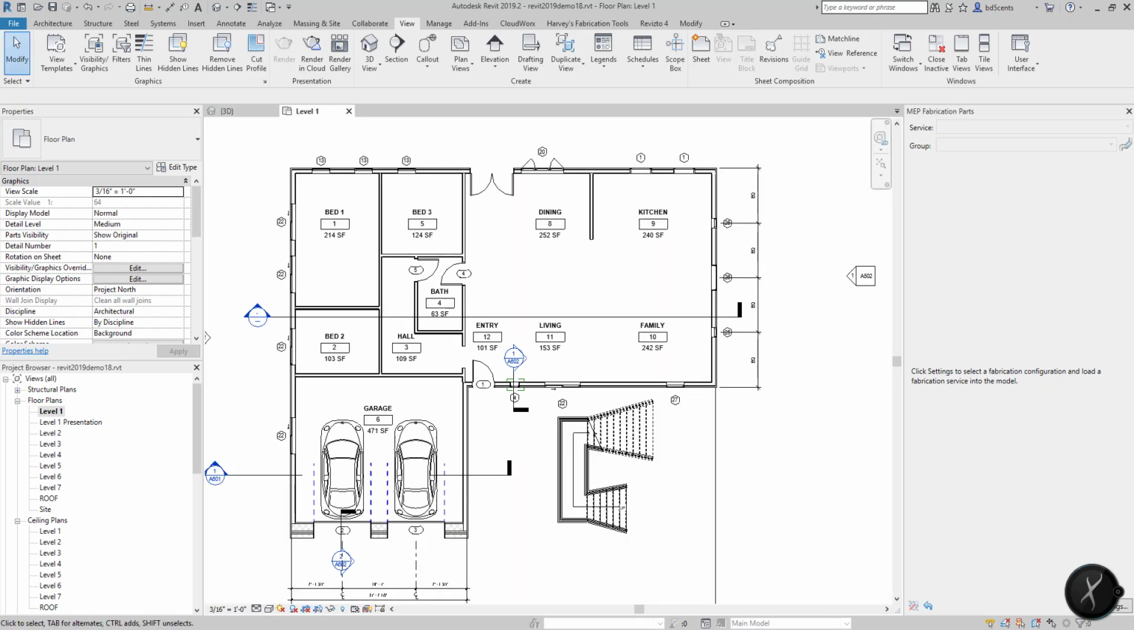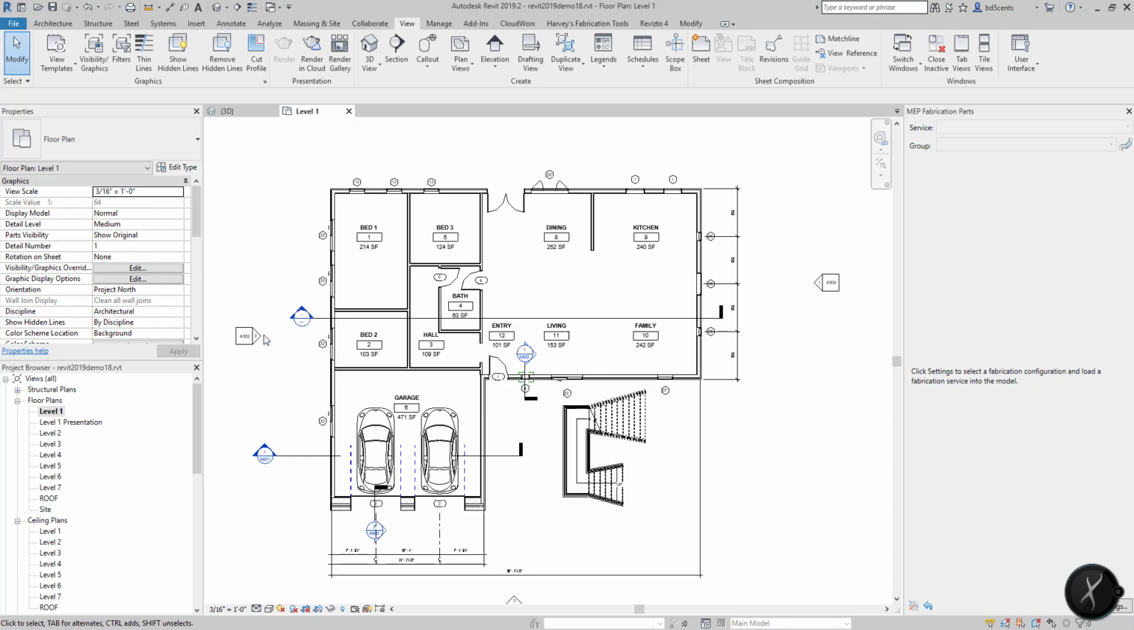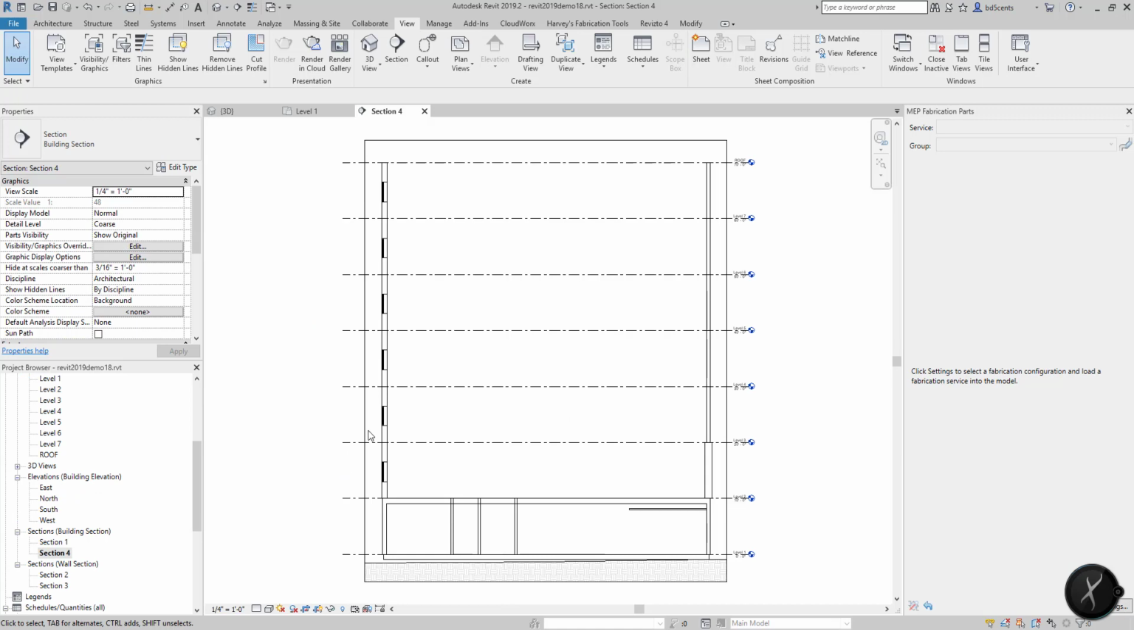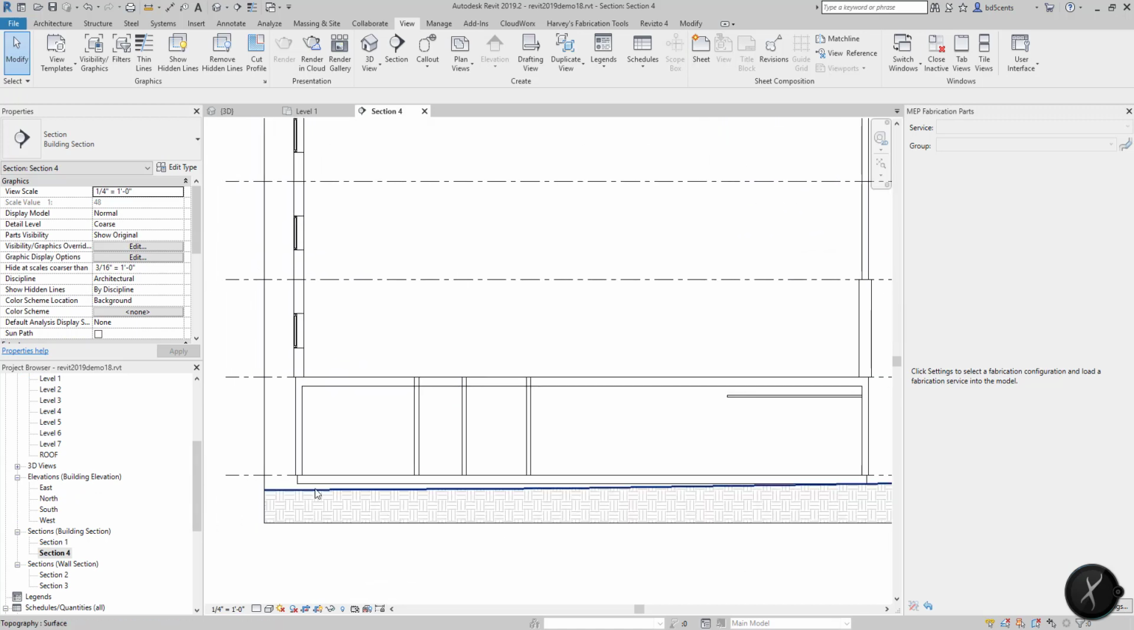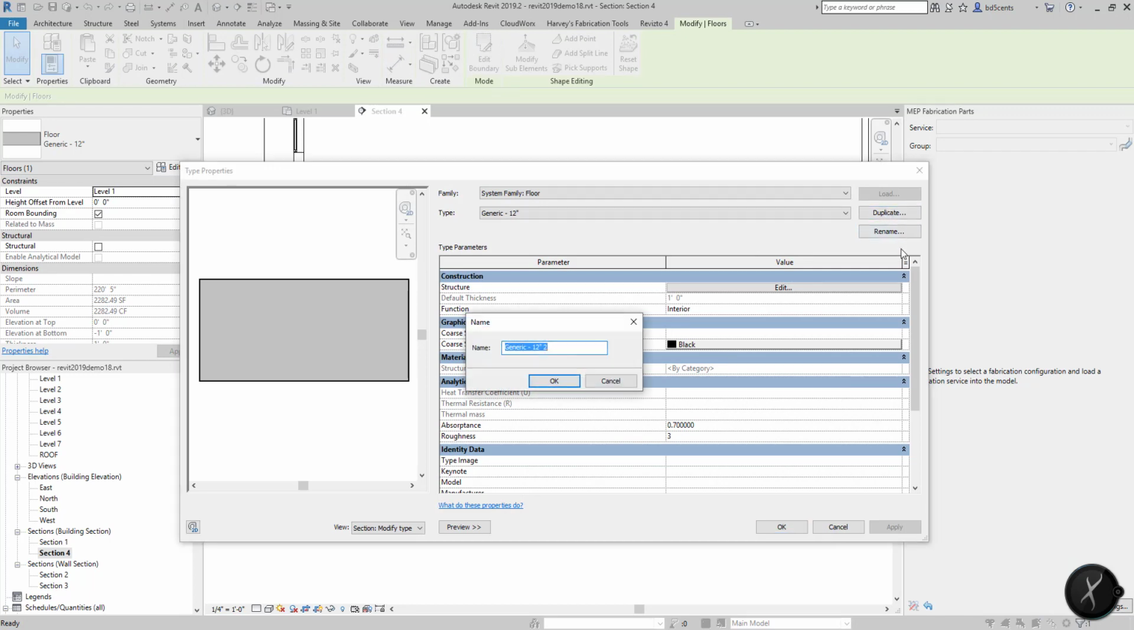And in section 4, we're going to pick the first floor. When I say section 4, it's actually in our project browser, building section 4. And so we're going to select floor 1, which is this one. And we want to change it to a generic 12-inch. So we're going to pick the generic 12-inch and go to Properties, Edit Type, and Duplicate. And we want to name it 5-inch